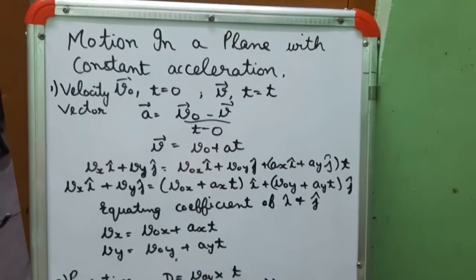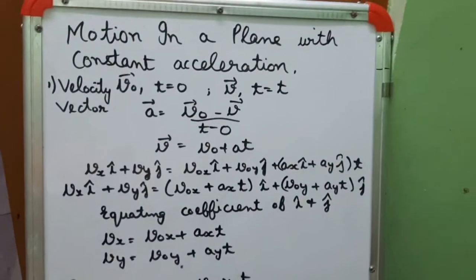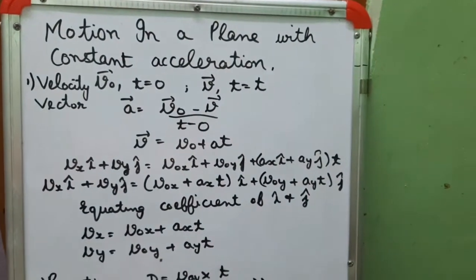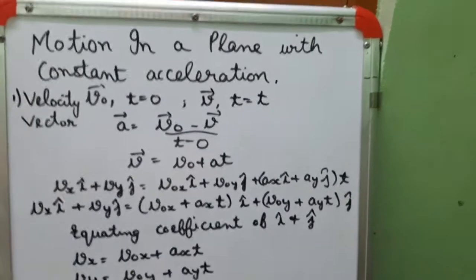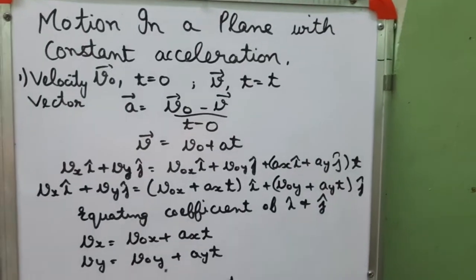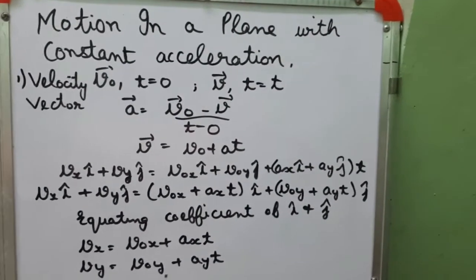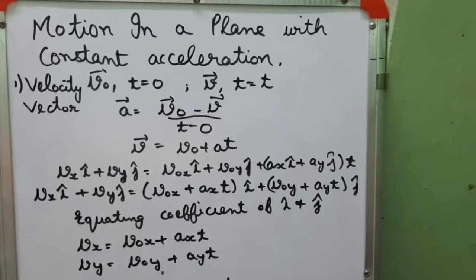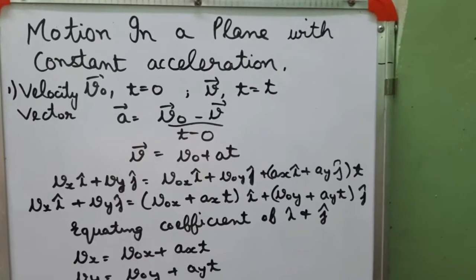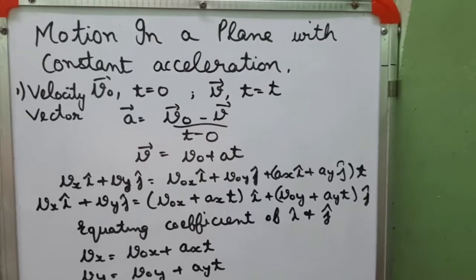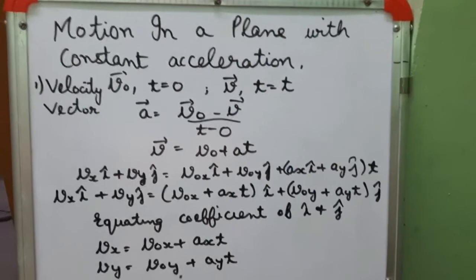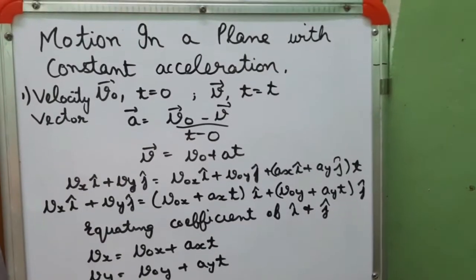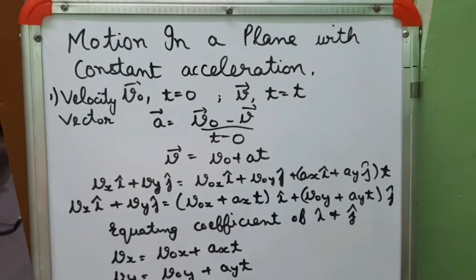Good morning students. Today we are going to start with the topic motion in a plane with constant acceleration. Earlier we have done the motion in a straight line. Now we will do motion in a plane with constant acceleration. In this part we will find two things. One, the velocity vector, and second, the position vector in a plane for a body which is moving with constant